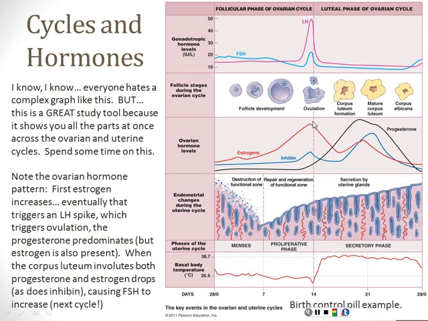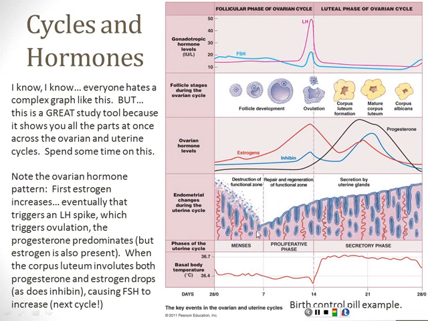After ovulation, the egg is released, right? Estrogen falls off as progesterone starts to build up. So we see the lines cross here, right? And that's because the corpus luteum produces principally progesterone. Progesterone inhibits FSH, so until this corpus luteum goes away, the next follicle won't start to develop, right? It's one of the principal methods of hormonal birth control: progesterone blocks FSH, which blocks follicular development, right? So progesterone goes up, and then